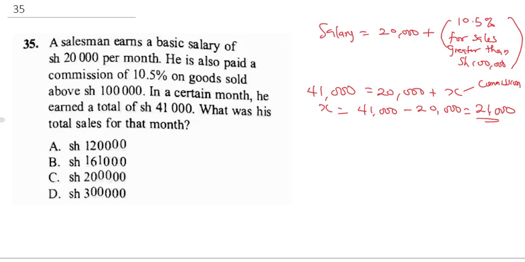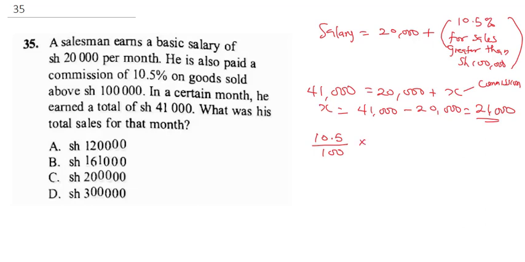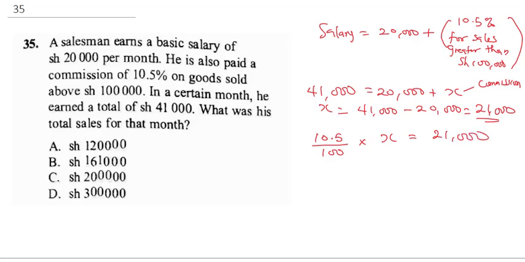Okay, so for us to establish his total sales, that means we need to find what he earned on this commission. So what we are going to do here is we will do 10.5 over 100 times his total sales, which will give us what he earned on his commission. Remember, because he earned above 20,000, he was paid 41,000. Now, if you cross multiply, this is going to be